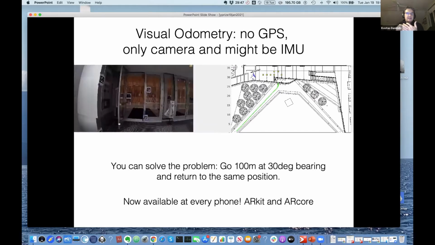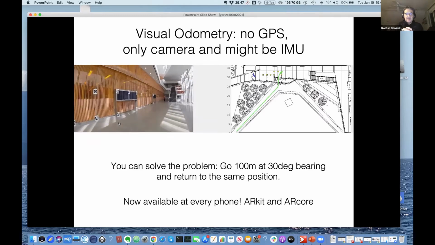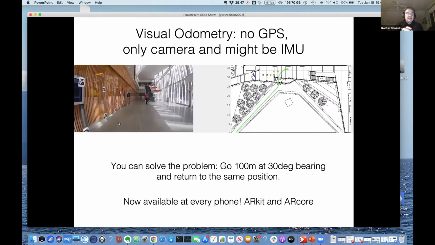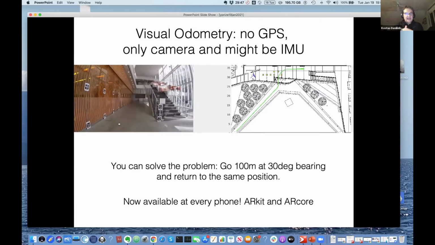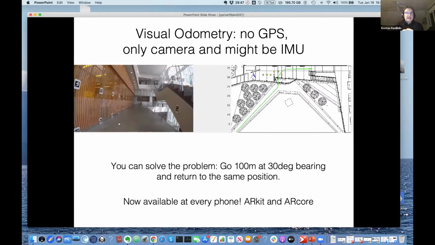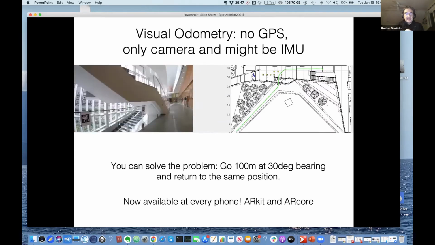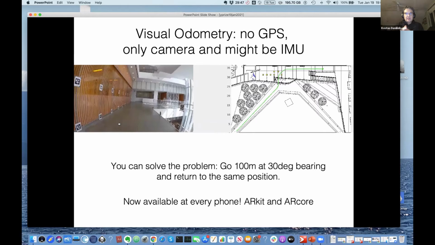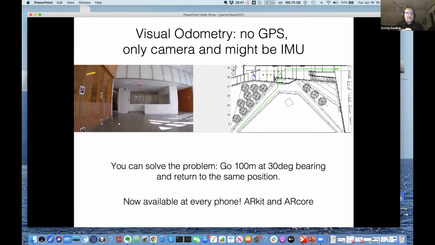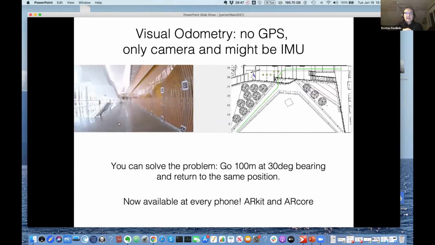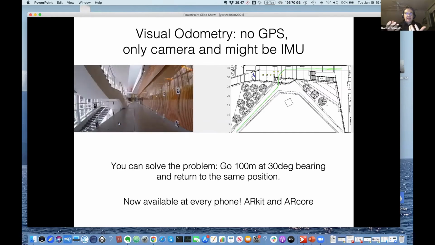And this is something that has been used in the past when people did not have a GPS, by either throwing breadcrumbs or holding a thread in a labyrinth. And there are a lot of stories about how you can get lost and how to find your way. And in computer vision, we showed that we can solve this problem without GPS and using only one camera, and maybe an accelerometer and a gyroscope, which together build an IMU.